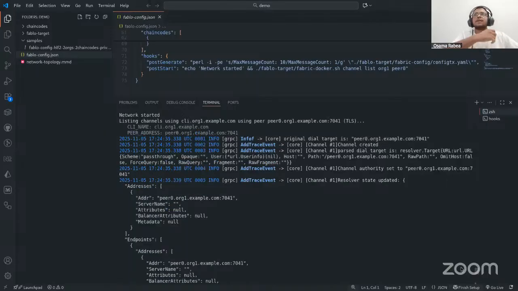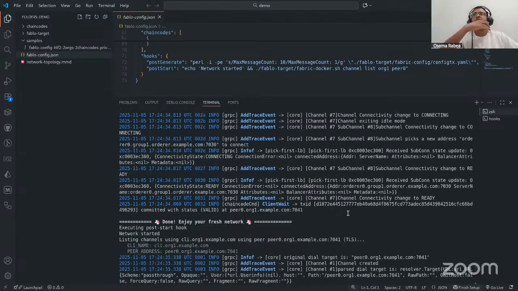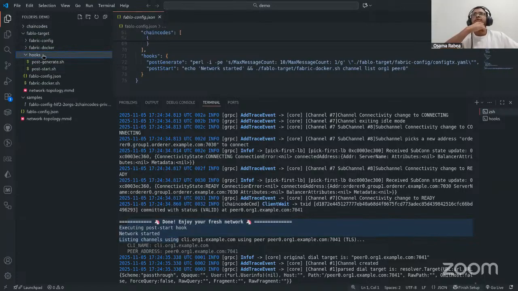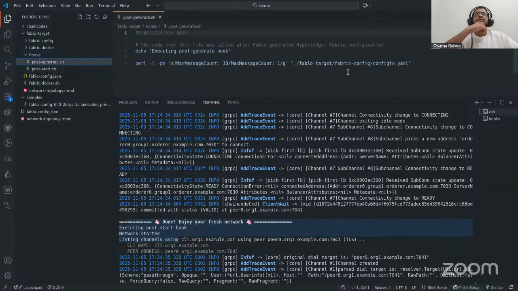We have hooks in the Fablo target. We have a hooks directory. The first one is for post generate. This hook changes the max message count; the default value in the configuration file is 10. This hook changes it to 1. Second hook here,